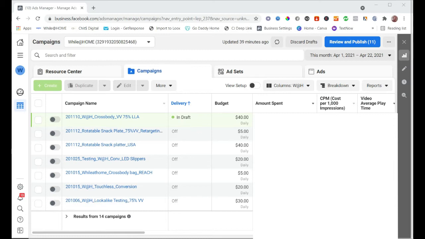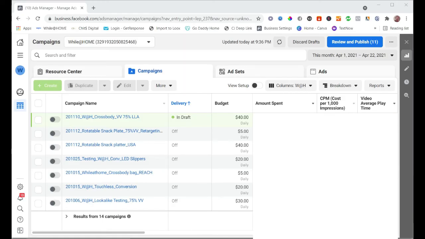The ad set is your interest and your audience, basically your customer demographics, your customer avatar, as well as their location. Your ad will be your actual ad copy, which is your description and picture of your actual ad. What's important to have here is to make sure it's catchy. It's also important to distinguish between your ads when you're running cold targeting ads, which is when you're trying to